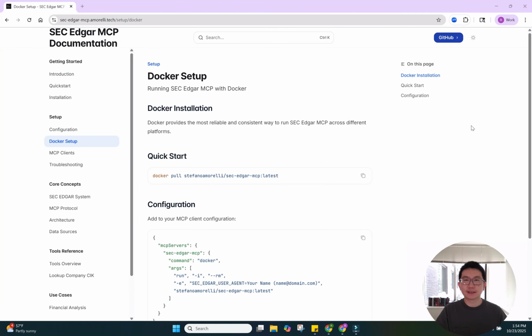Hi, folks. In the last class, we showed how to self-host the SEC Edgar MCP server directly within VS Code. So you can chat in VS Code to do your equity or SEC disclosure research directly within VS Code. Today, we're going to do something much easier. We're going to use Docker to host the MCP server and then connect this Docker-hosted MCP server with Anthropic